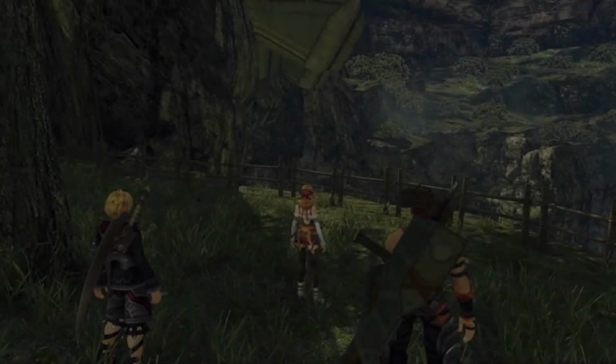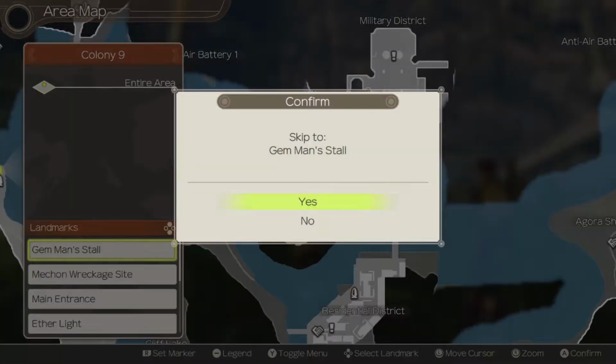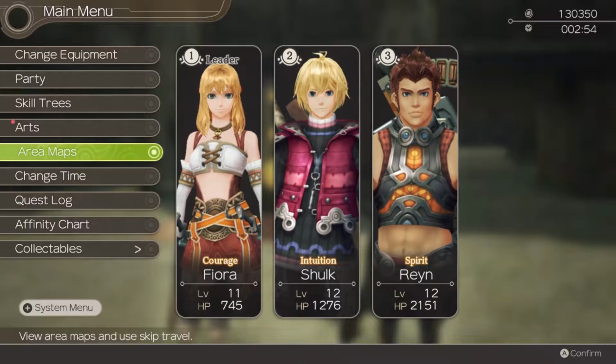Aw, how cute. They care for each other. And no, we're still not going to the Tephra Cave. Haha, I'm still just stalling. No, in reality, we are actually heading to Gem and Stall because what we're going to be doing is we are going to be,